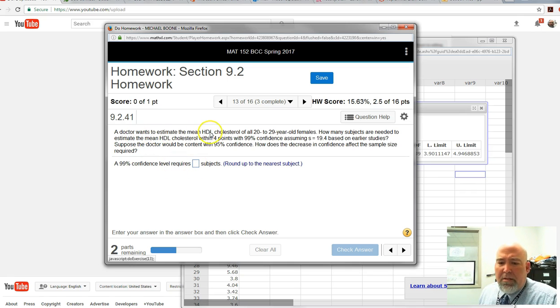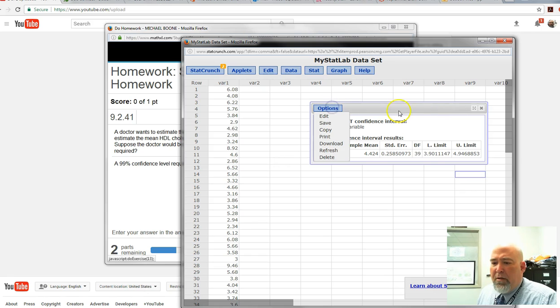A doctor wants to estimate this for 20 to 29-year-olds. He has a sample standard deviation of 19.4 within 4 points. So that's my plus or minus, within 4 points, and 99% confidence. So the margin of error is plus or minus 4 points. My sample standard deviation is 19.4, and then 99% confidence. So I'm going to go over here,